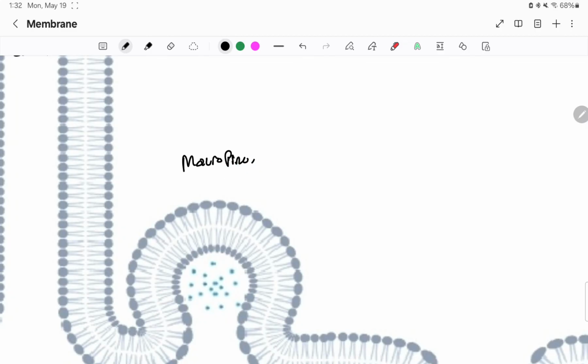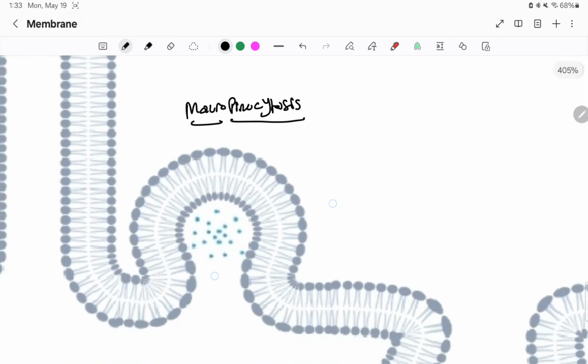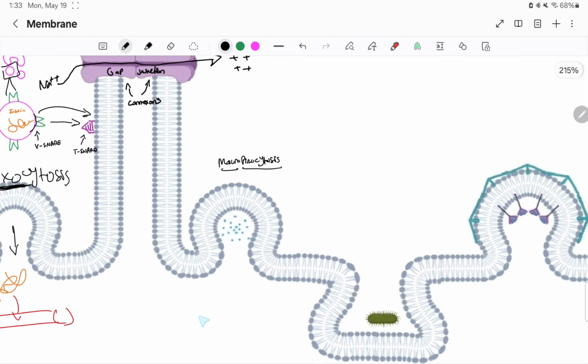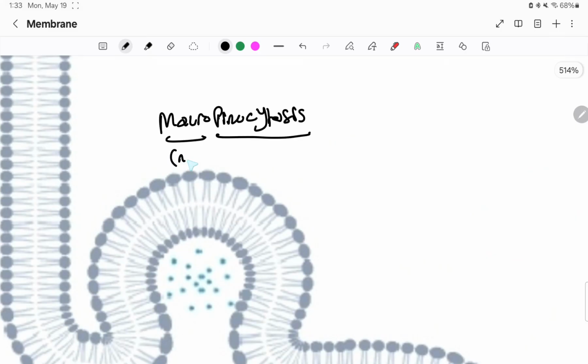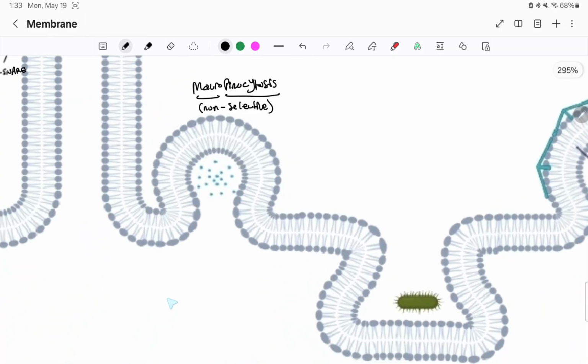So cell drinking, macro meaning large. The dendritic cells go through this process of pinocytosis, but specifically they go through macropinocytosis, where it's called large cellular drinking. And they're just kind of taking a non-selective, and this is key here, they're taking a non-selective sample of anything that is inside of the